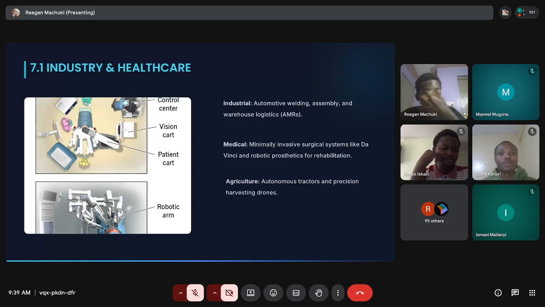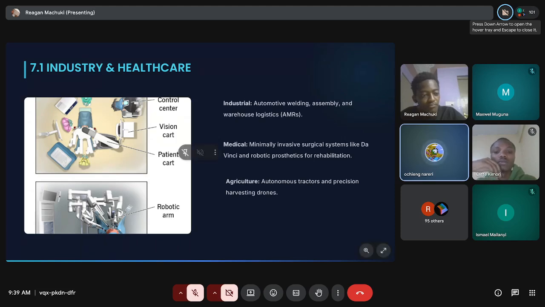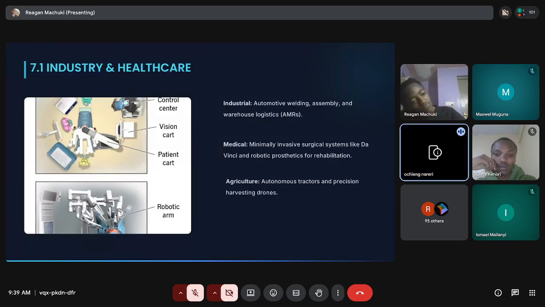So I will be taking you through industry and healthcare. In industries, robots are used to perform repetitive tasks such as automotive welding, assembly, and warehouse logistics, and AMRs, which are autonomous mobile robots. They are also used in the medical sector to perform minimally invasive surgical systems such as Da Vinci and robotic prosthetics for rehabilitation